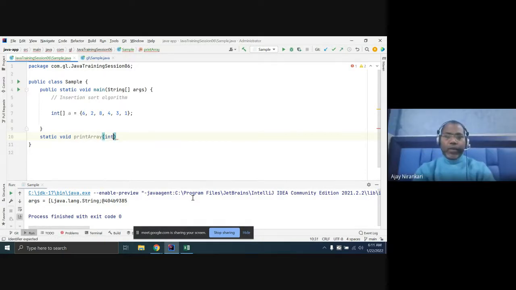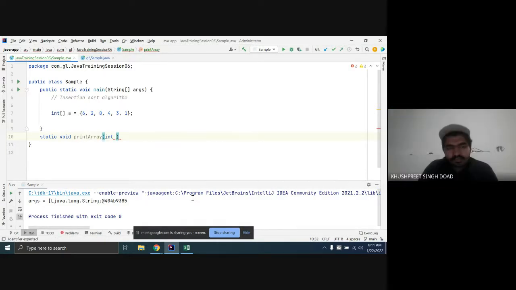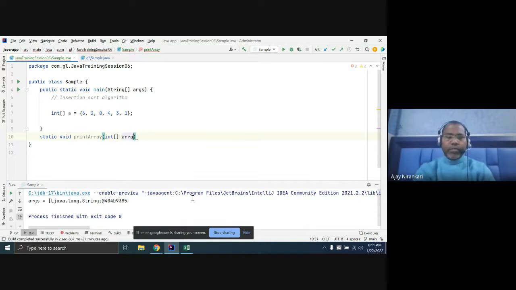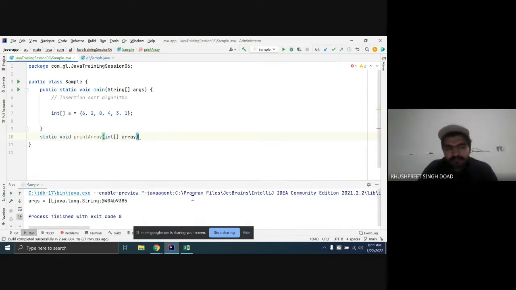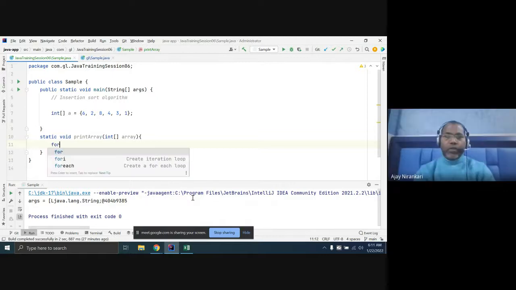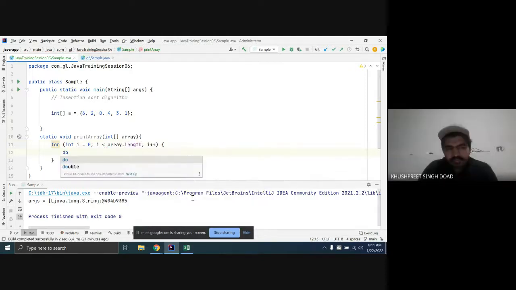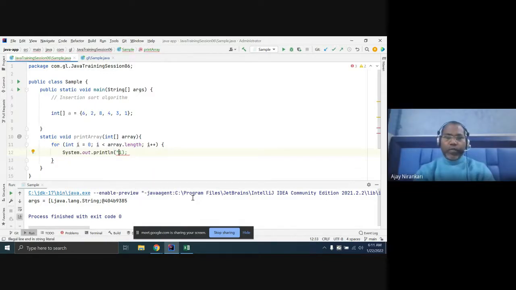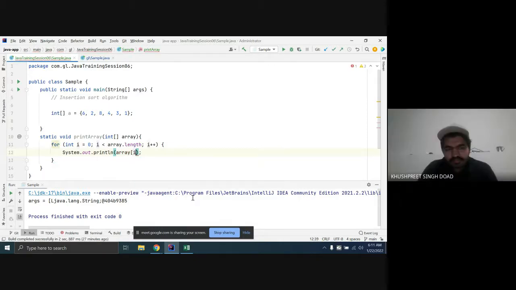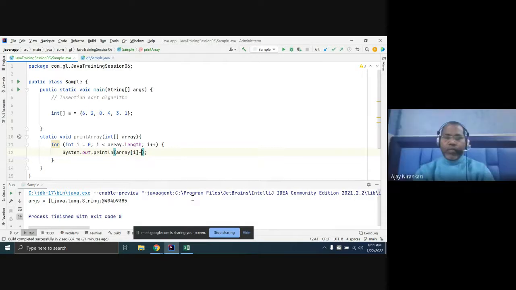It will take your int array, and you can just run a for loop over the length of the array. You don't want to print the index, I want to print the value, so we use array of i, plus a comma to separate all the elements instead of new lines.